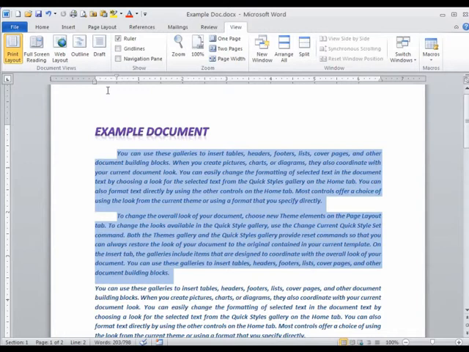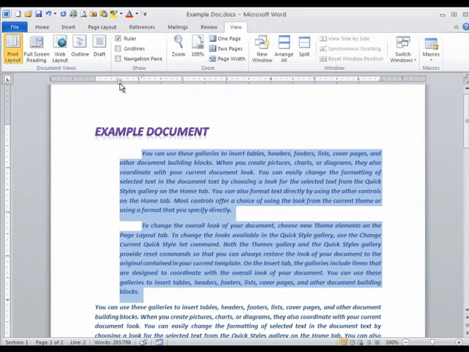Now, once you have the indentation of the first line as well as any other lines of the text that you've selected, should you wish to move or indent the paragraphs further into the document while retaining the distance from the first line to all other lines, this can be done by clicking the box located on the lower part of the ruler known as the left indent marker. Essentially, by clicking and dragging the box located just below the hanging indent marker, I can move both the